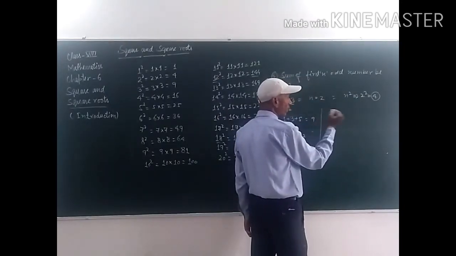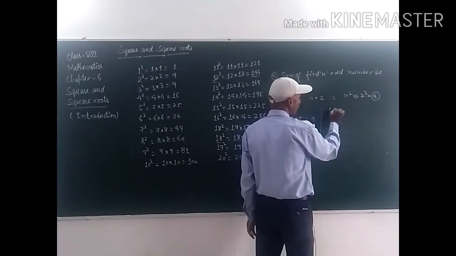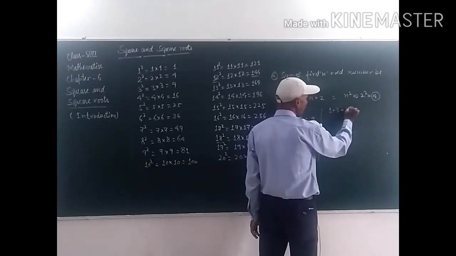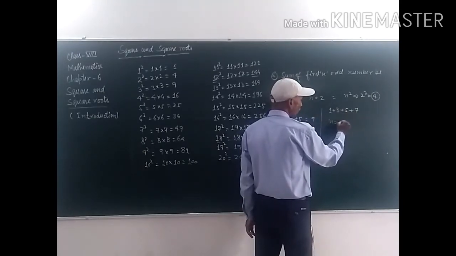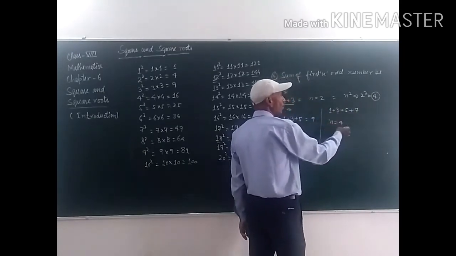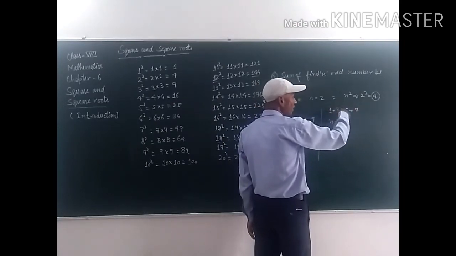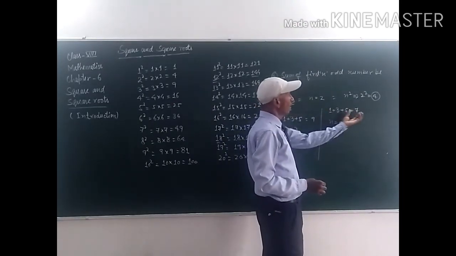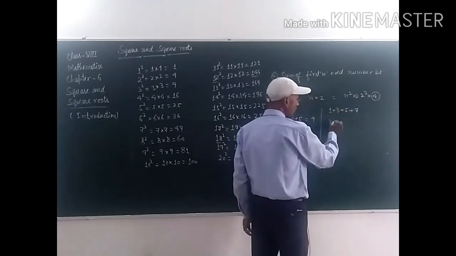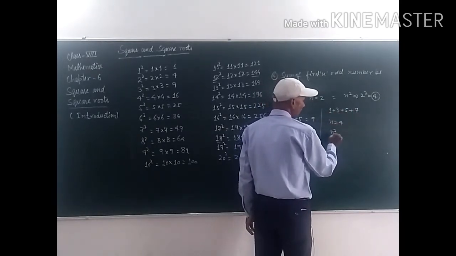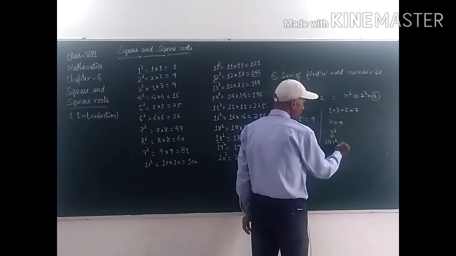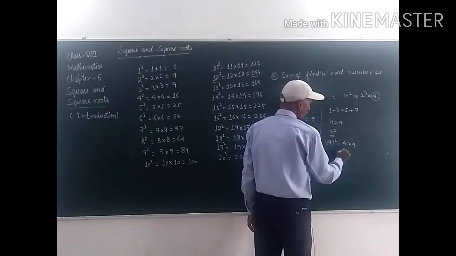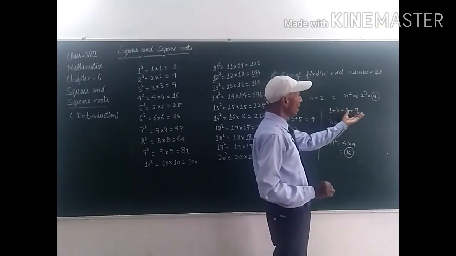Take the first 4 odd numbers, that is 1 plus 3 plus 5 plus 7. There are 4 numbers, student. n is equal to 4 here. What will be the sum? Without adding or without calculation, we can find the sum of these first n odd numbers using n square. Clear, student? So it will be 4 square. It means 4 into 4 is equal to 16. Clear, student?